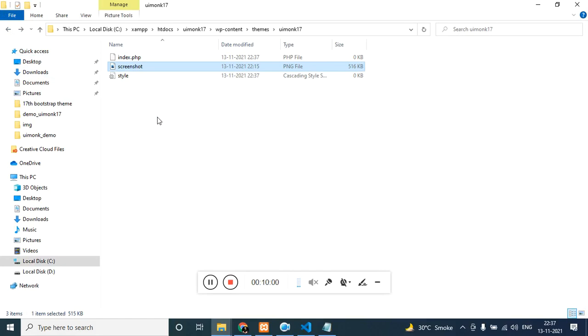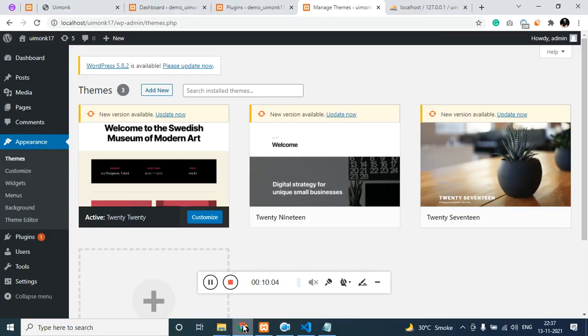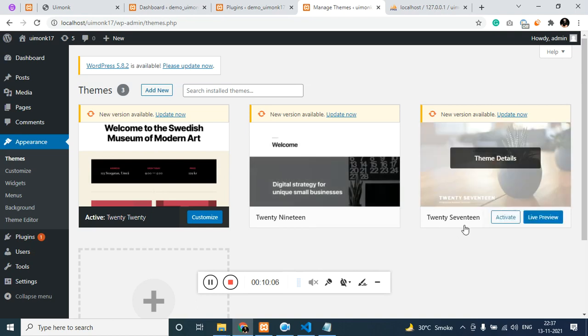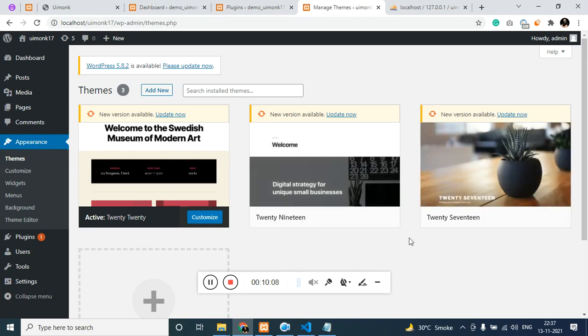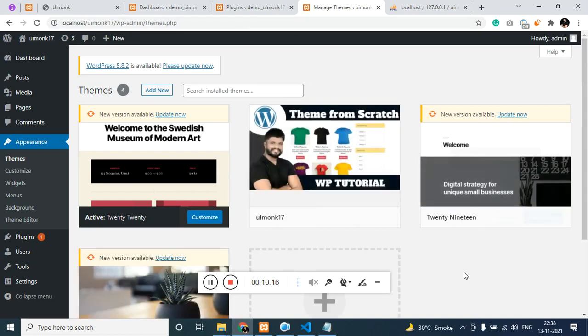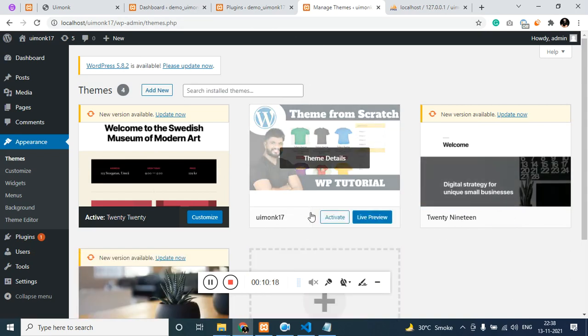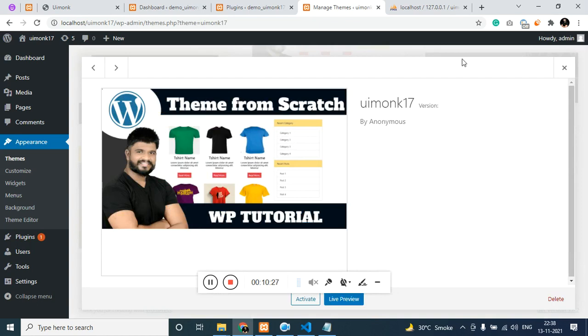The width and height is 1280 into 764 something. You can get it on Google. Click on refresh. So now you can see your theme is available. You have named your theme as Ep17, and this is a screenshot which you have added on the folder, and you can see there are no details about the theme. To get the details about the theme, you have to search